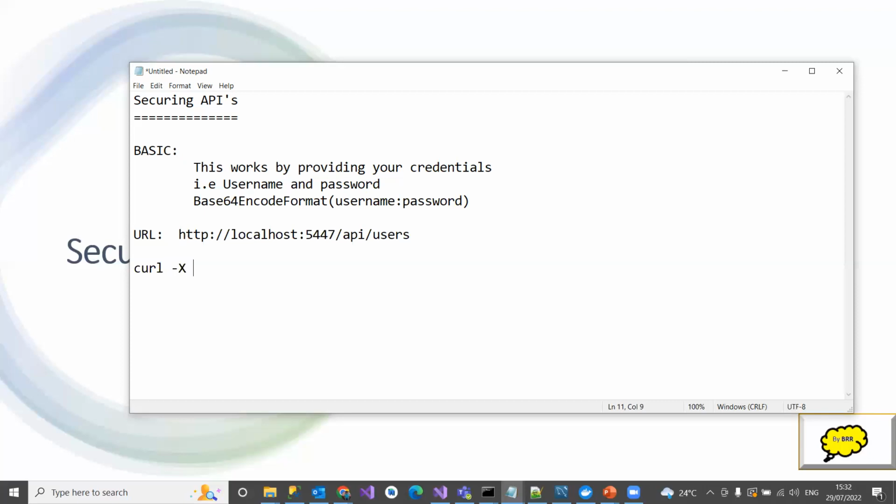-X, and this is the GET method. The next one is the URL. You need to mention it here, that is localhost:5447/api/users. You can rename it as locations, that would be great, without confusion with the username and password you are passing in the basic authentication. So this is the URL you need to give here. And the next one, the header, as I told you,